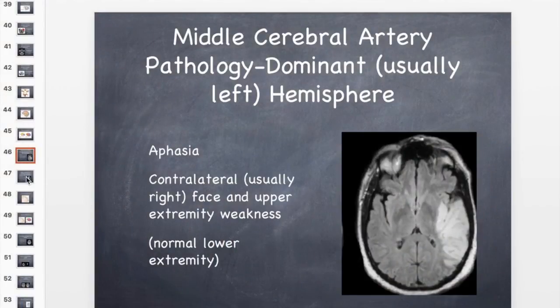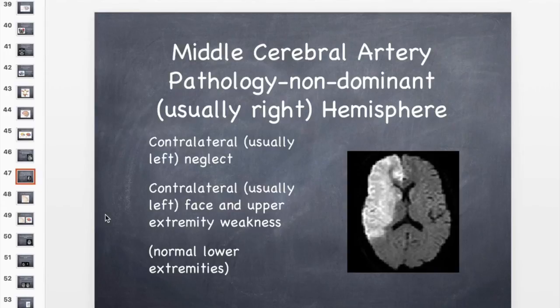They'll have contralateral weakness of the lower face and the hand, but the leg is fine, and that's really important to understand why. Real quick before we get to that, what if you have an infarction of your non-dominant hemisphere? Then, in addition to having lower face, hand weakness, normal leg, they have neglect. And neglect is one of those super cool things to learn about, and you also see it on exam. It is one of those things that we can actually pick up on examination, because they will not attend. So if I lost my non-dominant hemisphere, I would not attend to this side of the world,